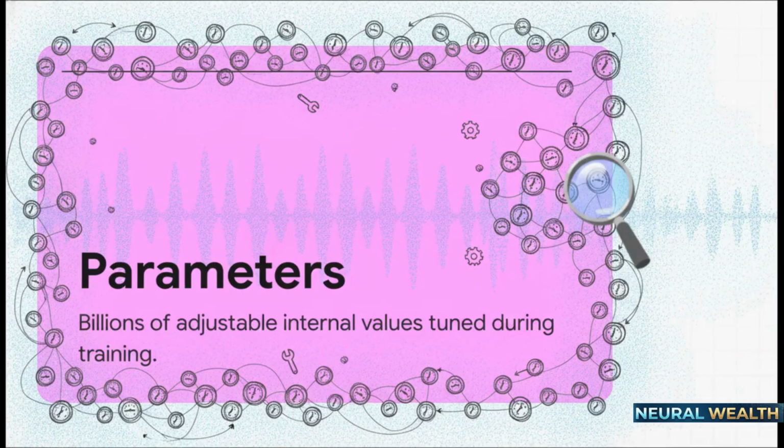Now, what's really interesting about this slide is how the machine physically adjusts itself. Inside the model are these adjustable values called parameters. I want you to visualize them as billions of tiny, microscopic dials. Training is simply the process of slowly tuning all of those dials so that the model's predictions get slightly more accurate with every single pass. Nobody's in a lab setting these dials by hand, right? That would take thousands of lifetimes. The tuning happens completely automatically through the relentless repetition of that training process we just talked about. These parameters act as the mechanical memory of all those statistical patterns.